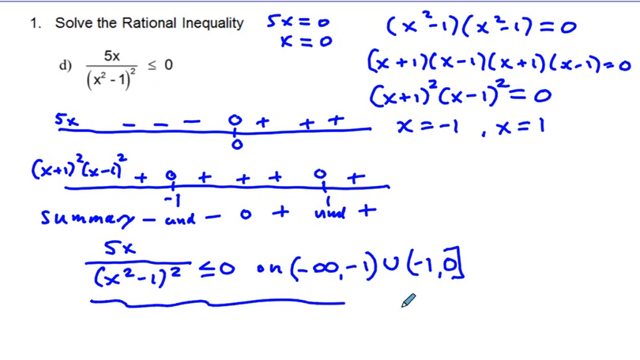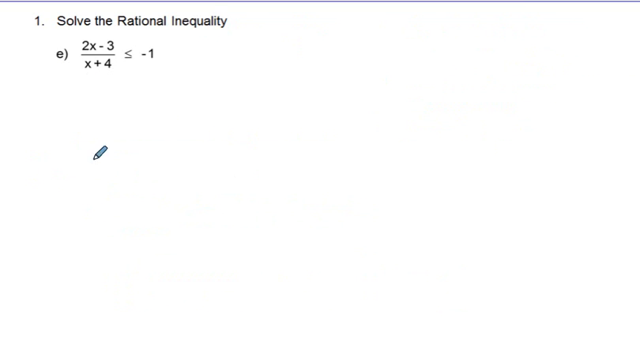Okay, so that's going to be that one. Next, E. We have (2x minus 3) over (x plus 4) is less than or equal to negative 1. Now here we don't have the right side equal to 0. So this is going to take a little bit of doing because we want to get our right side equal to 0. And so for that we're going to add 1 to both sides of this inequality and rewrite